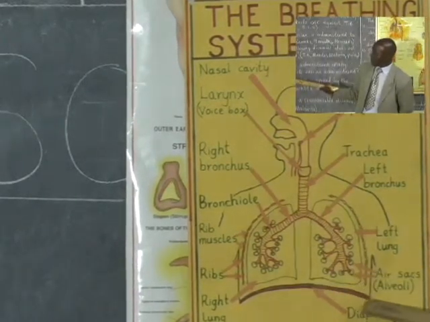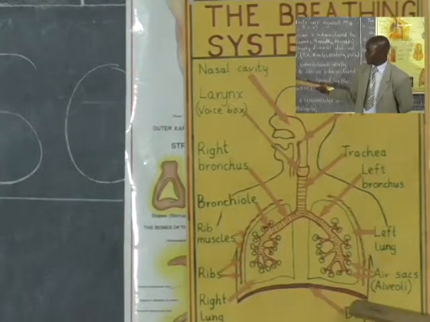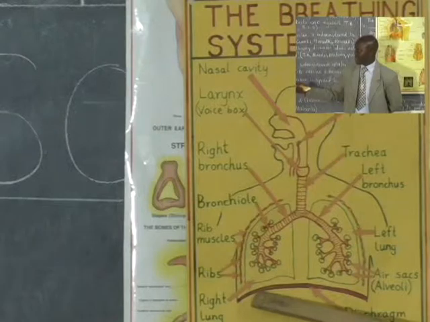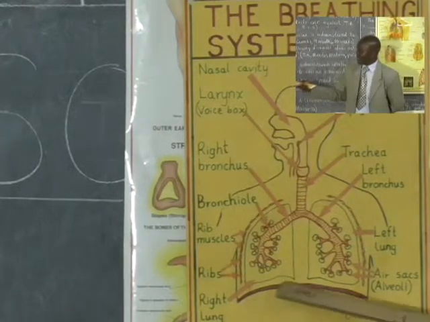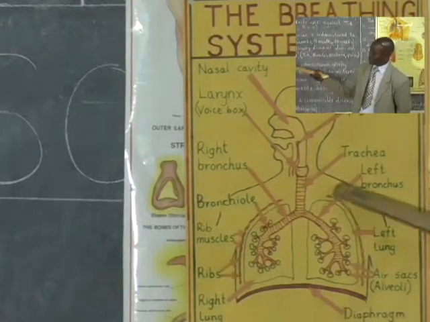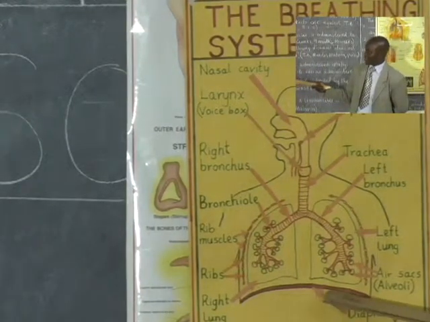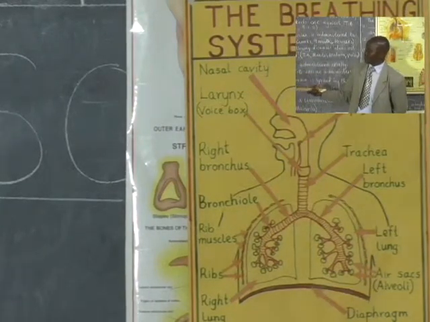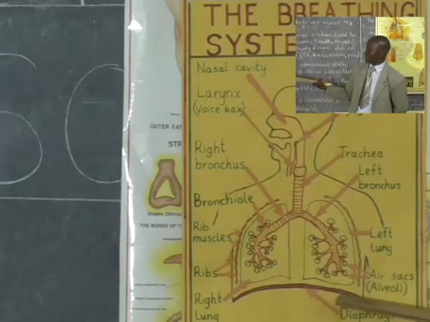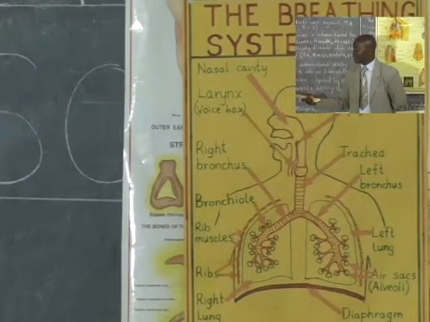When you come down, you will realize we are at the diaphragm. This line represents the diaphragm. A muscle, a muscular membrane that separates the chest from the abdomen. Its main function is to separate the chest from the abdomen, so that when the lungs swell, they find a protective device that they don't overswell and come down.